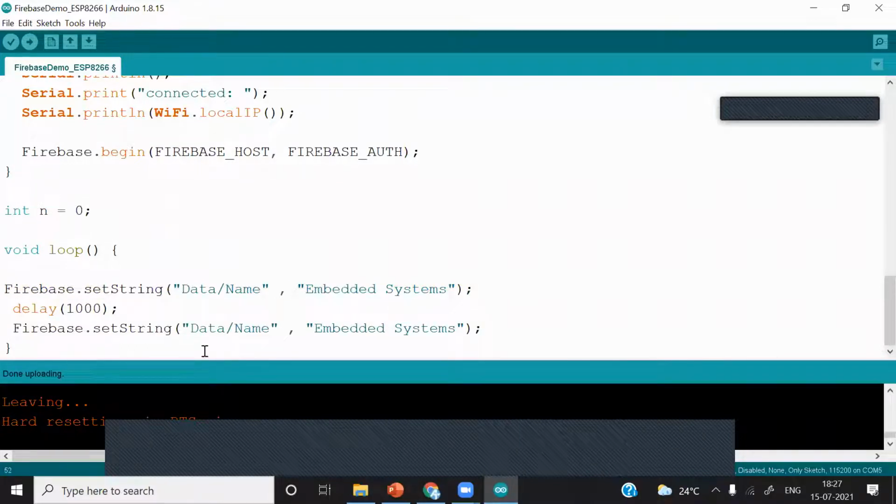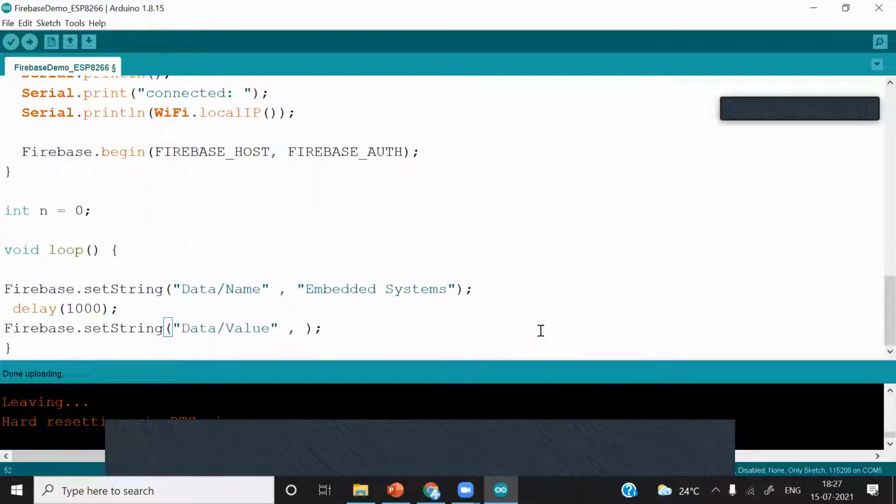Now I want to put some integer data type here. So I'll create a new branch under the same root branch, which is data, and the new branch will be named value. In that I want to put some random integer. An integer must not be put in double quotes.